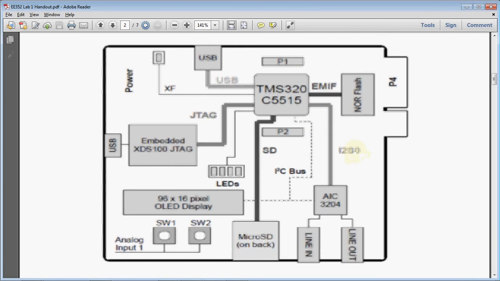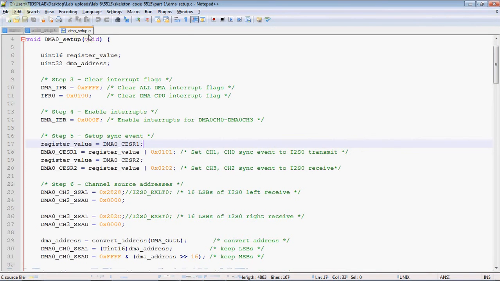In the dma_setup.c source file that is included in the project given to you, we have written the function dma0_setup, which configures the DMA such that channel 2 copies data from the audio codec left channel to the DMA_in_L buffer, which is defined here.